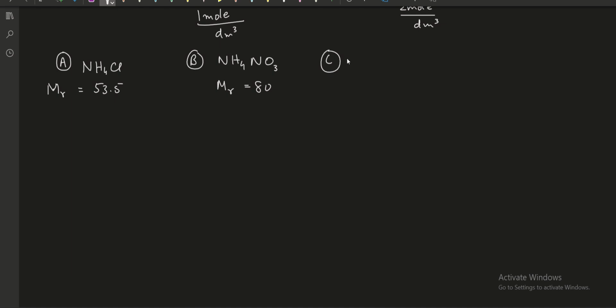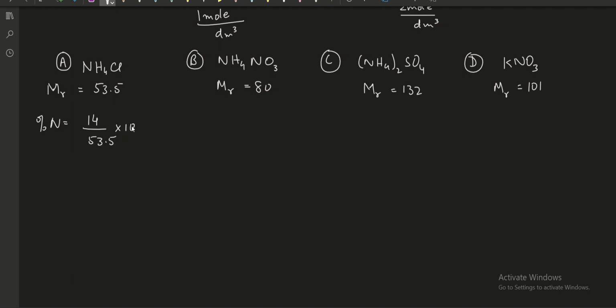Option C is ammonium sulfate, and its Mr is 132. Option D is KNO3. Its Mr is 101. Now we have to calculate the percentage of nitrogen. In NH4Cl, it has only 1 nitrogen atom, so that makes 14 divided by 53.5 multiplied by 100,